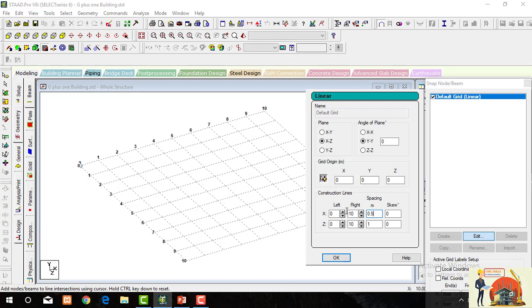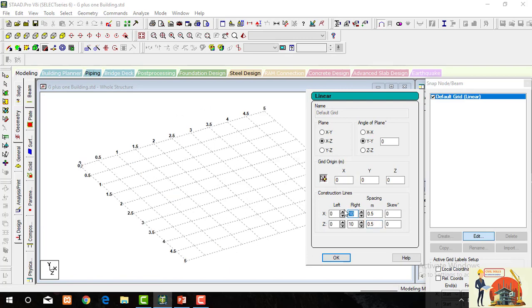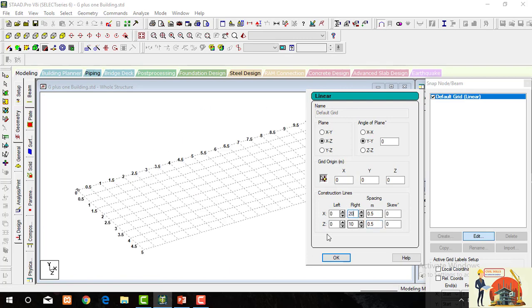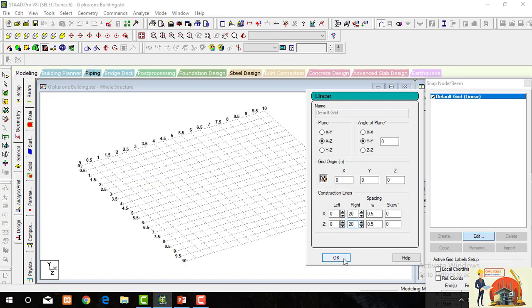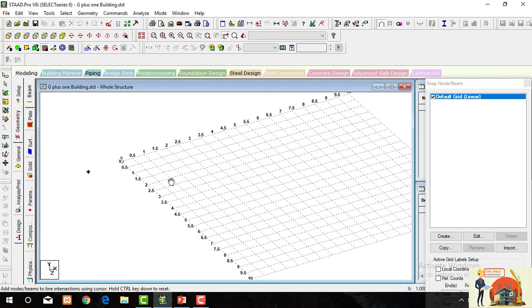Spacing should be 0.5 meter. Now you can see the spacing of grid lines has changed to 0.5 meter, so you can easily draw the plan.